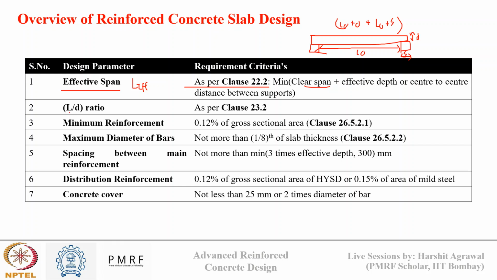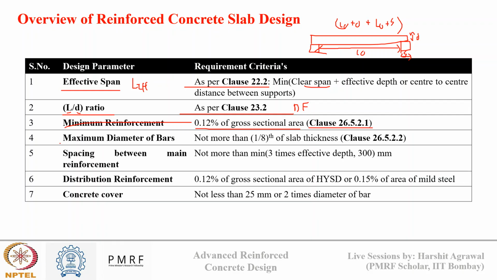Then the L by D ratio we can get from clause 23.2. This is again from the deflection limit check that we saw in the serviceability criteria. Based on that, we get the initial D values. Suppose we know the length of the slab, then while designing the slab, we initially assume a D value, and that value we get from clause 23.2. Then minimum reinforcement. The code says that minimum 0.12% of gross sectional area shall be provided as longitudinal reinforcement, and this is as per clause